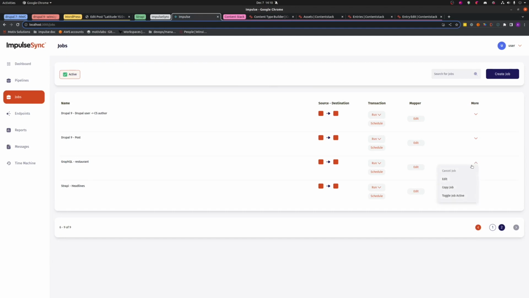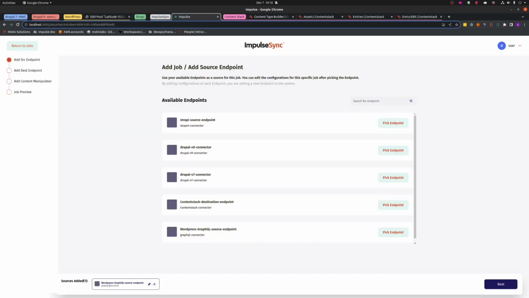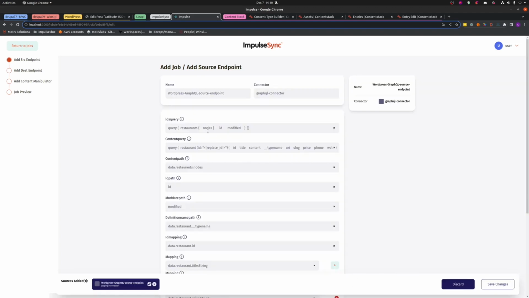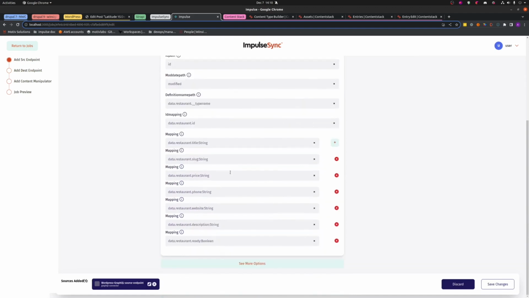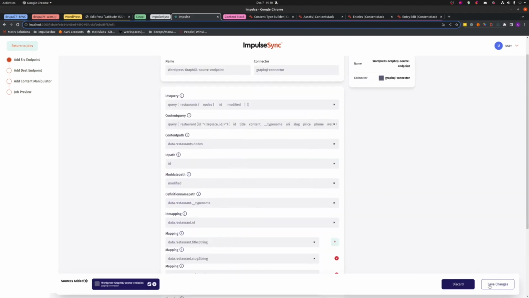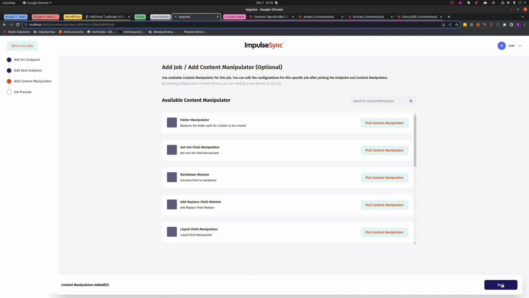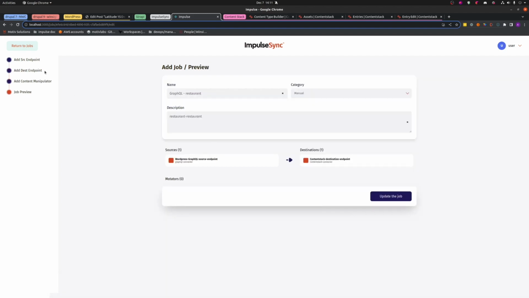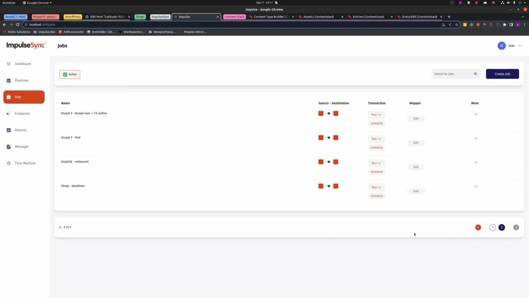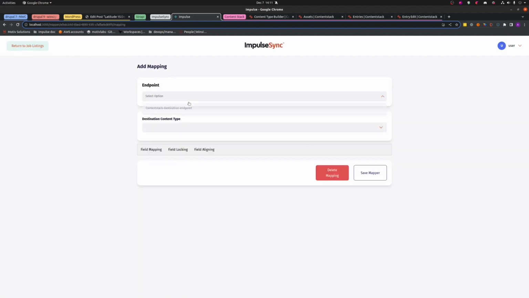We'll see that our source endpoint is a GraphQL source endpoint with the configuration for picking up the content as appropriate, as well as any of its fields. We have our Contentstack destination still, so we're still migrating to the single destination. We have no manipulators for this job, but we will see that we have a mapping for this job. And if we take a look at this mapping, we'll see we have our restaurant content type set for